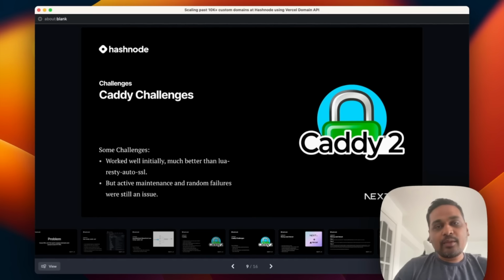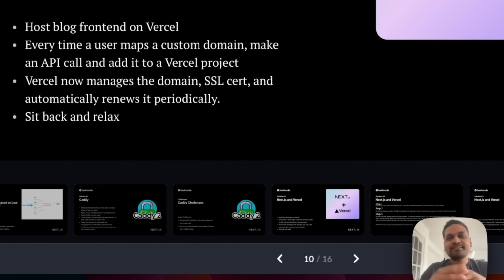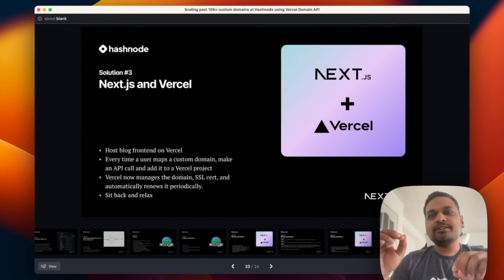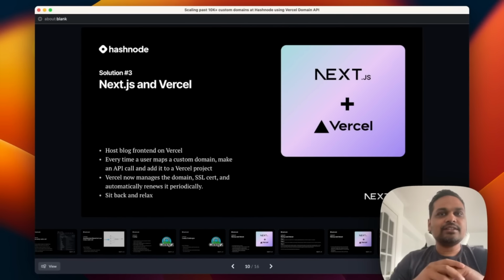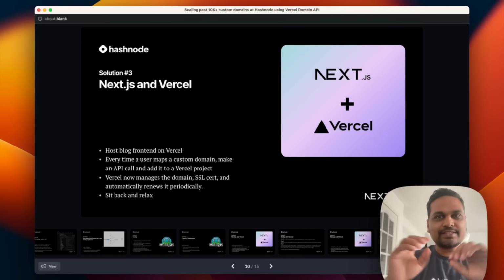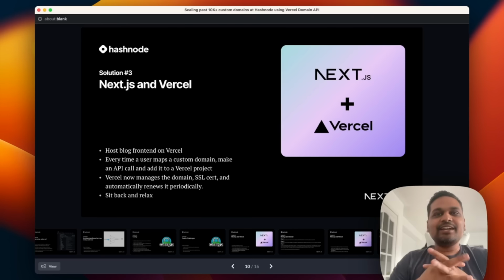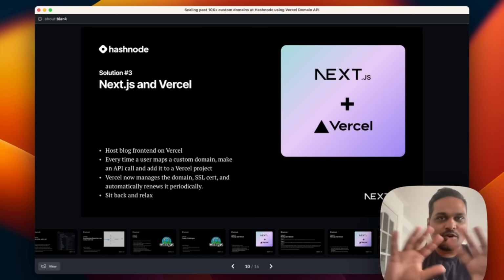And we also saw a lot of random failures at some points, which were again taking a lot of our time and resources, and we wanted to find a better alternative. Now enter Vercel. Once we realized that Vercel offers an API-based solution that lets you manage custom domains, we instantly bit the bullet. It was a no-brainer for us. After all, we didn't want to manage anything, so we could probably outsource everything to Vercel and focus on our core parts of the business.